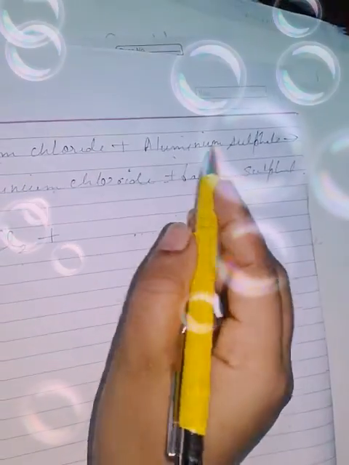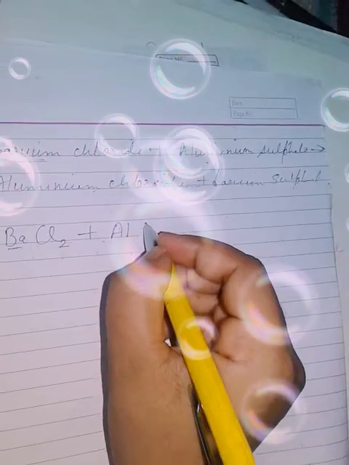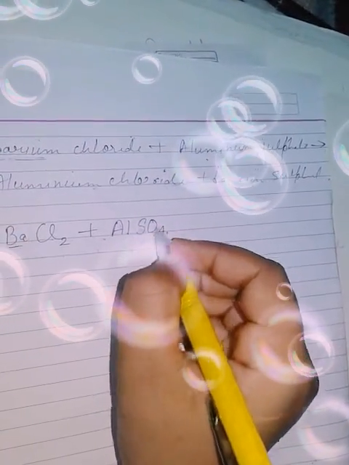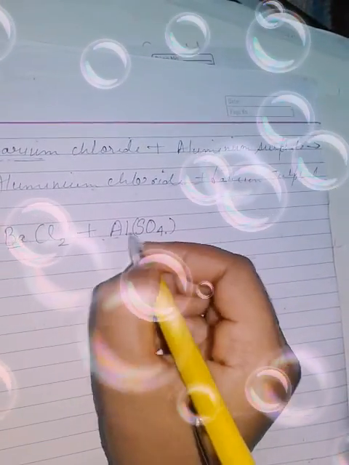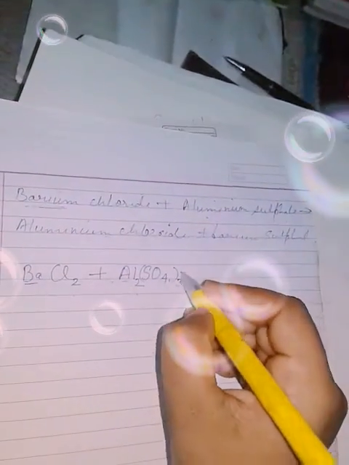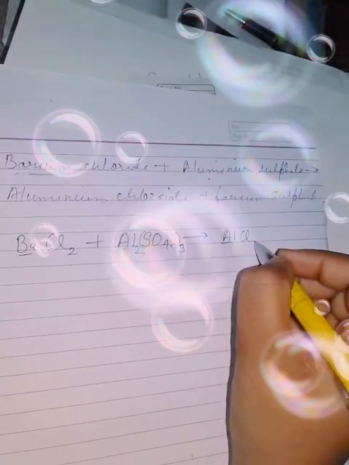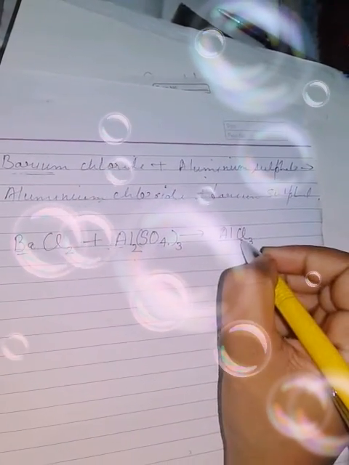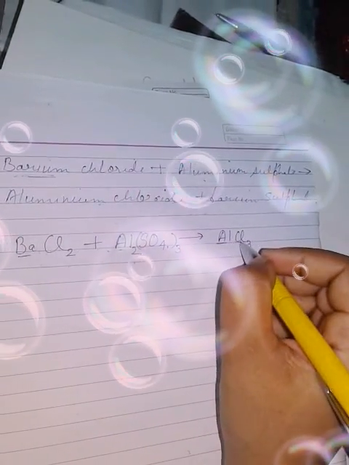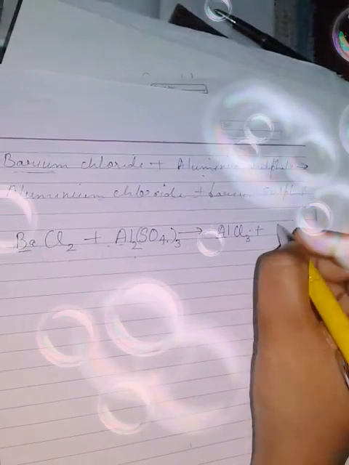Plus aluminium sulfate. Al is the symbol of aluminium, sulfate is SO4. Aluminium valency is 3, crossed over here, and sulfate valency is 2, crossed over here. This is the formula of aluminium sulfate. It is giving you what? Aluminium chloride, AlCl. Aluminium valency is 3, crossed over here, chloride valency is 1, crossed over here, no need to write. Now last is barium sulfate,